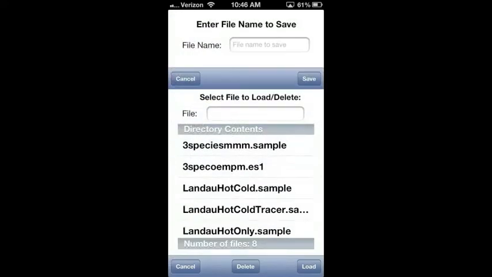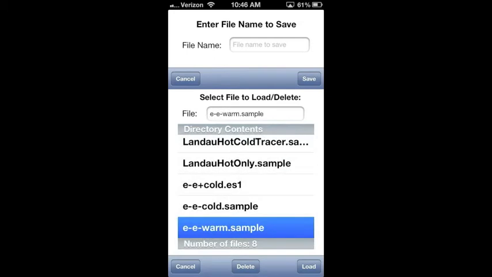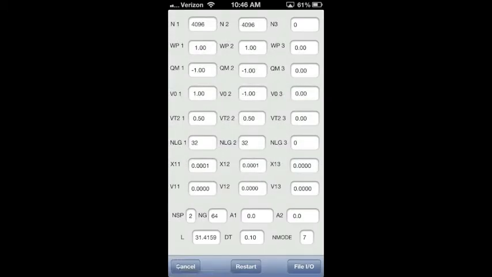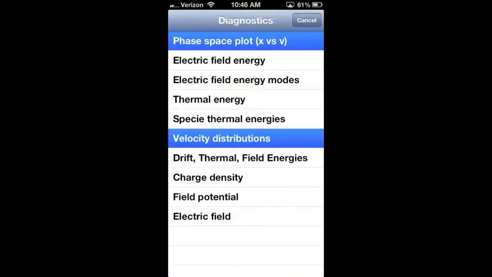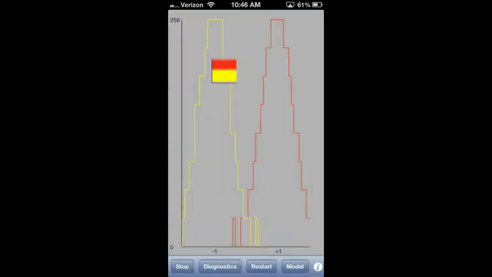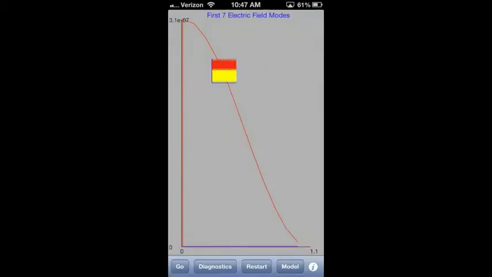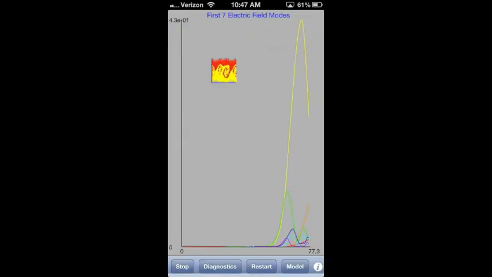Okay, let's try something else. Here we're going to do an E minus warm sample. Let's take a look at the velocity distributions, Gaussian distributions. And now we'll show the electric field distribution. We can speed up this simulation by going to help for a second. And you notice we've moved along quite quickly in time. Looks like we got about three